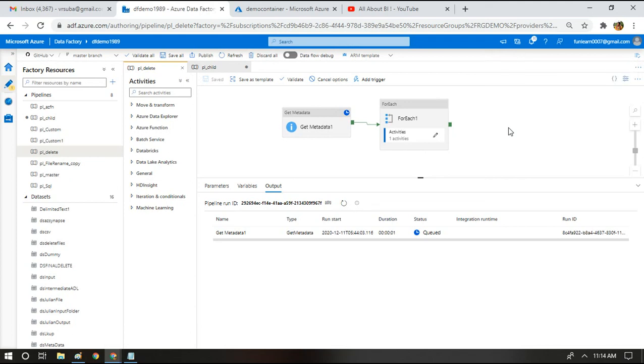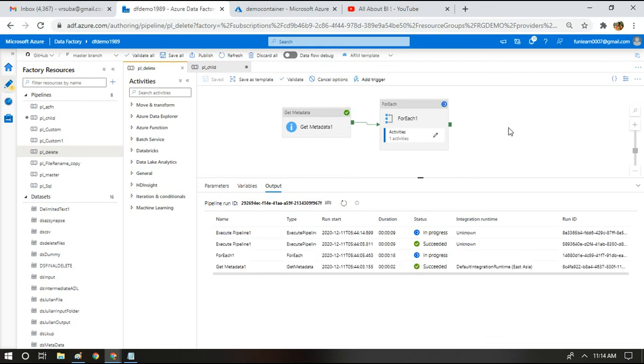I just wanted to bring it to you because there is no straightforward way to do nested looping. Okay, if it is an exercise, it's going to be quite simple. We can write a simple C# script and get all the files by last modified date. But in ADF, we'll have to do certain workarounds like this. That's why I just wanted to bring it to your notice.